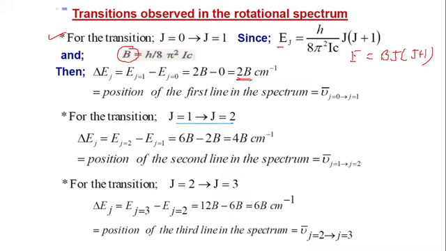We put all these J values into the equation E is equal to BJ(J plus 1). Then delta E is equal to, first, J having the value 2, that means 2 plus 1, 3. 3 into 2 is 6, so 6B minus, here J is equal to 1, that means 1 into 1 plus 1. That means 6B minus 2B, which is equal to 4B.